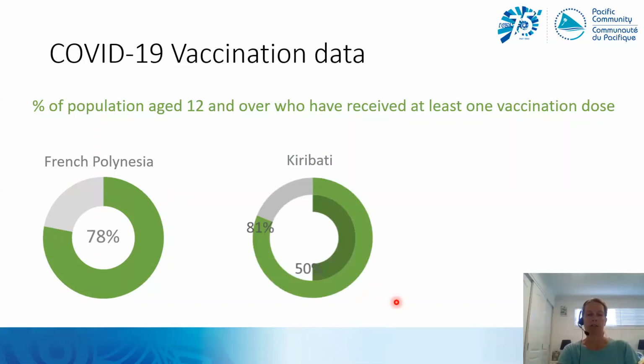Another option, if we take data from Kiribati, is to show one vaccination and then the second dose as an inside ring. So again, it's showing the proportion that have received one dose, no dose, and also a second dose, but also by elimination, how many of those who have had the first dose have not received their second dose. So it tells us a lot in one simple chart.